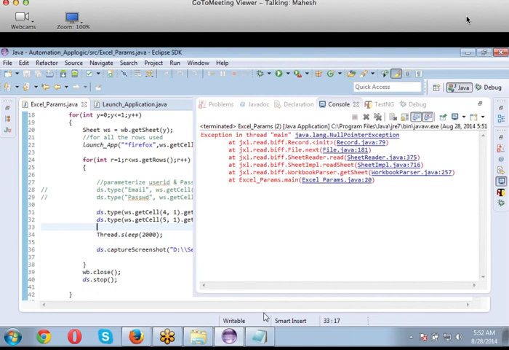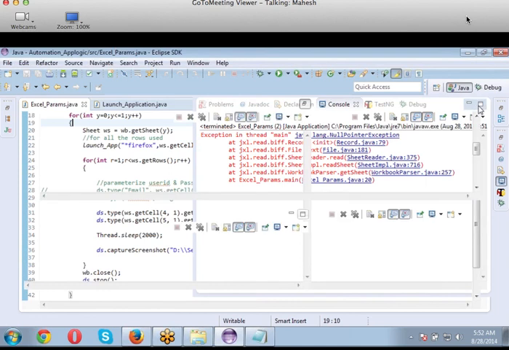It didn't go for the next iteration. This first for loop, y equal to 0, y less than or equal to 1. It didn't open the next browser.